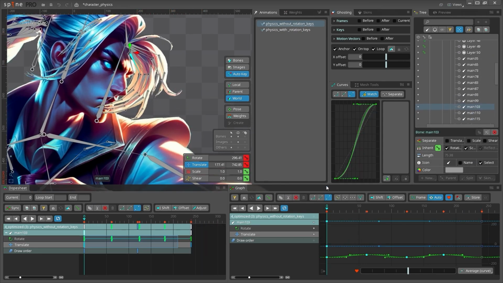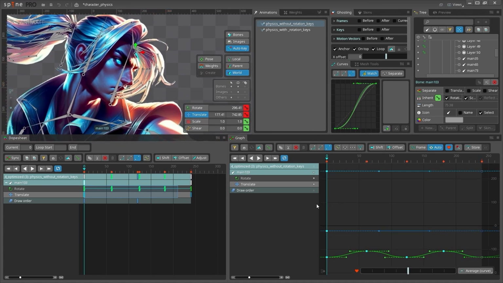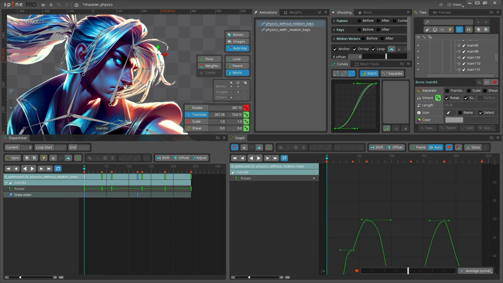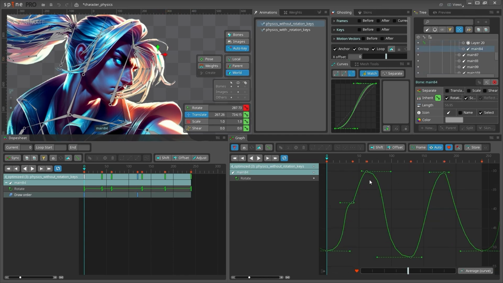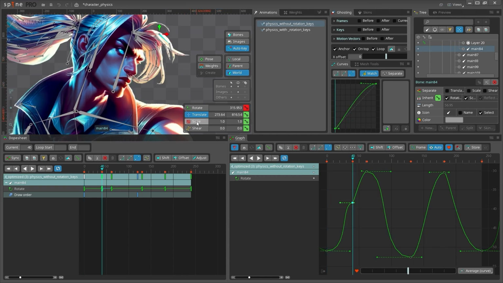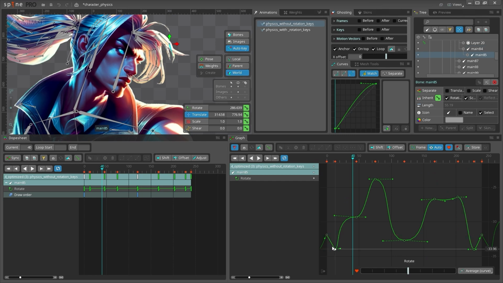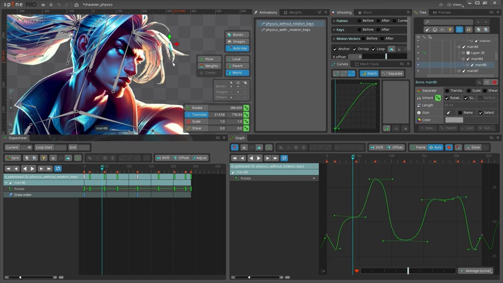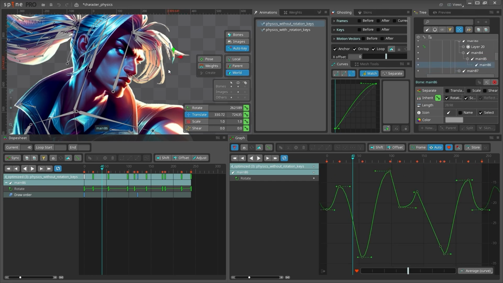What we have. Let's check some bones. You can see some keys have some problems, but in general, with this complicated example, I think it's something